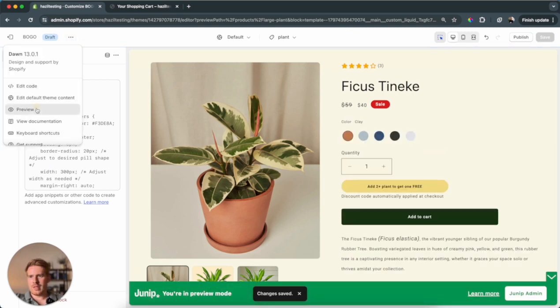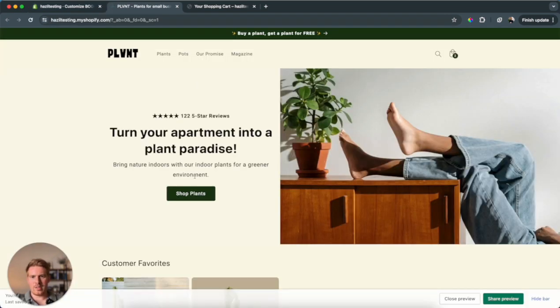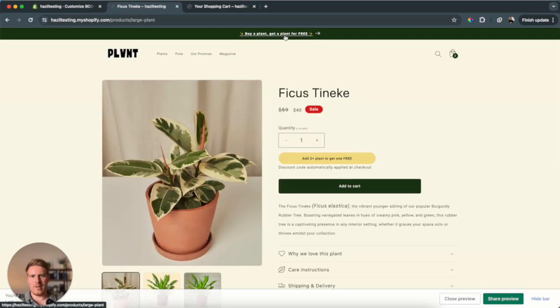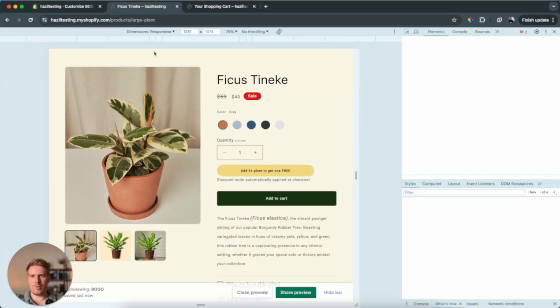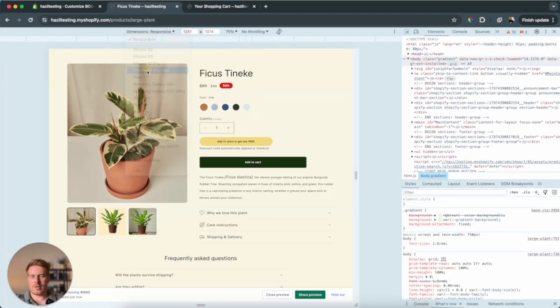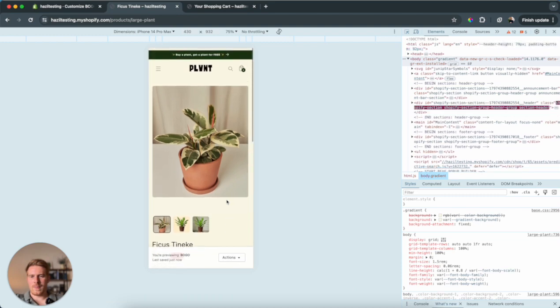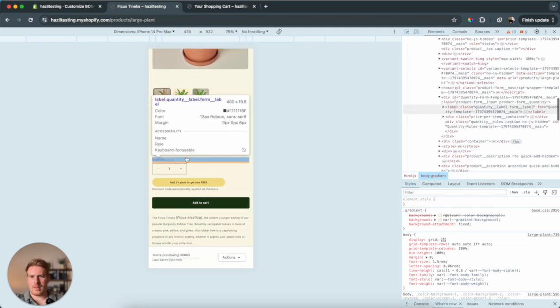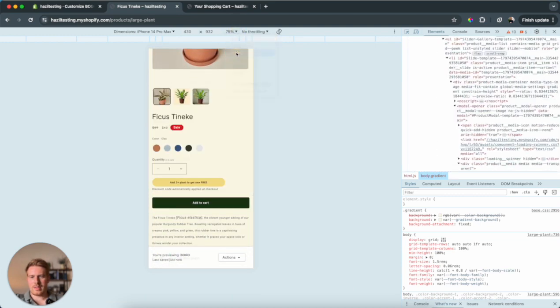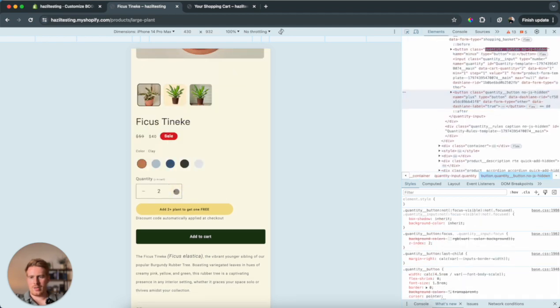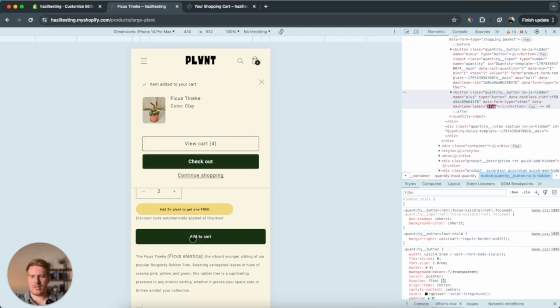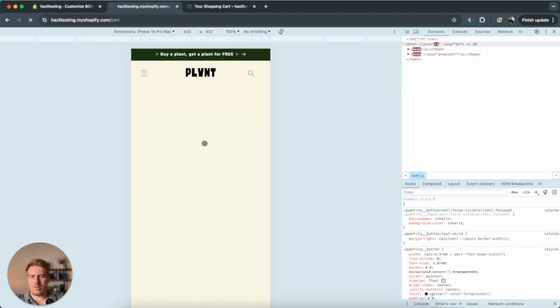Let's preview it, and I'm going to start from the home page like a regular customer would. So we click on this, buy a plant, get a plant for free. Great. We get here, we see the message, and I'm also going to preview the mobile quickly so we can see everything's working on mobile as well. Let me just increase the size a little bit so we can see it. I'm going to add 2 to the cart, add to cart. And now when we view the cart,